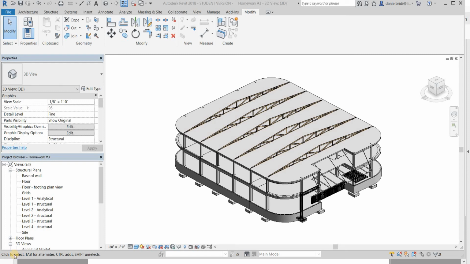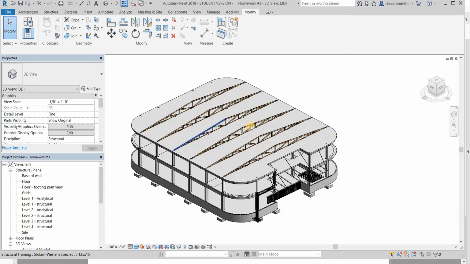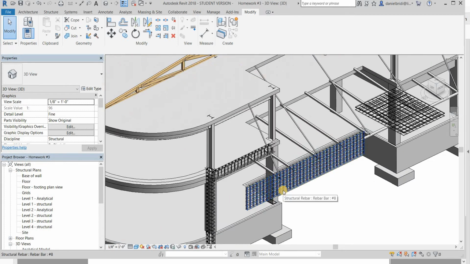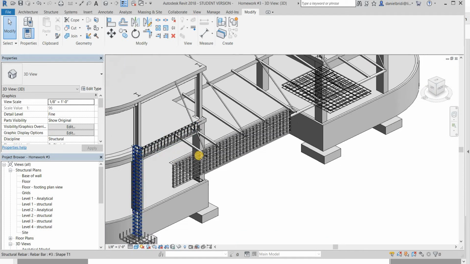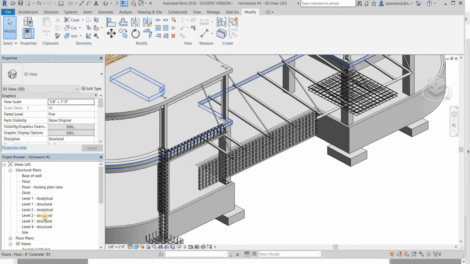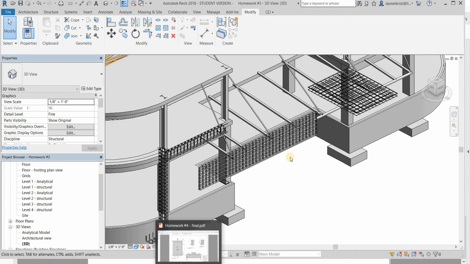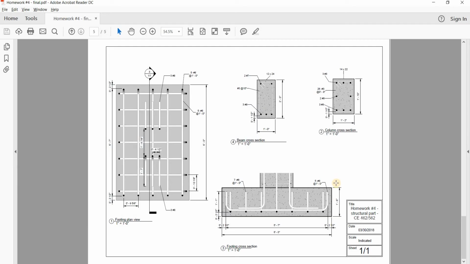For the second part of our homework number 4, I will start off with the solution I uploaded on Blackboard for homework number 3. Okay, and specifically for this part of this homework, I would recommend you to download the file I uploaded on Blackboard, because we will see that when we tag our structural elements, as we can see